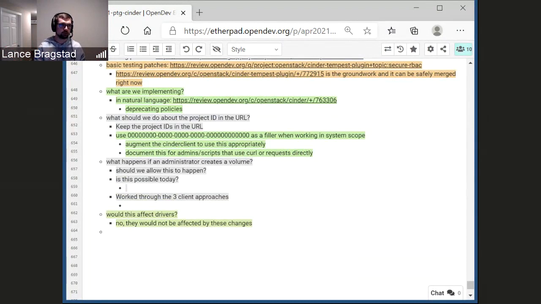So we could see some changes in the Cinder Tempest client to support this too. Because we'll need to teach the Cinder client what a system scoped token is, which I have a patch up for. I think it's marked as work in progress, but it detects if the token used in Cinder client is system scoped, and if it is, it appends a garbage ID on there, just so that the request actually makes it into the Cinder API without failing on a 404. So we'll need to make that same change in the Cinder Tempest client.